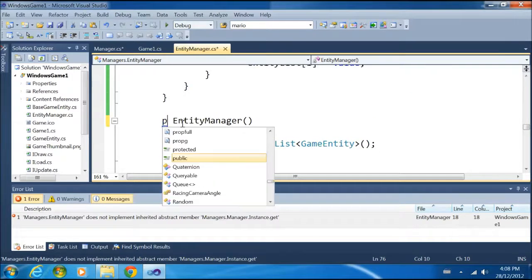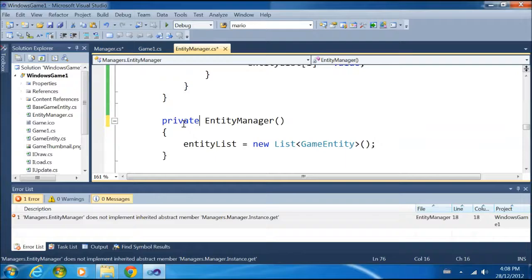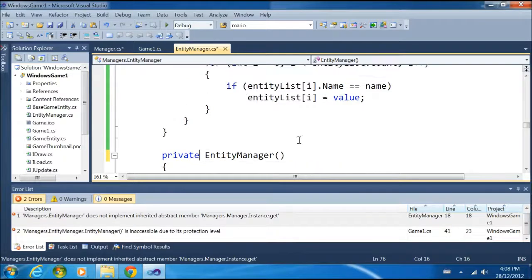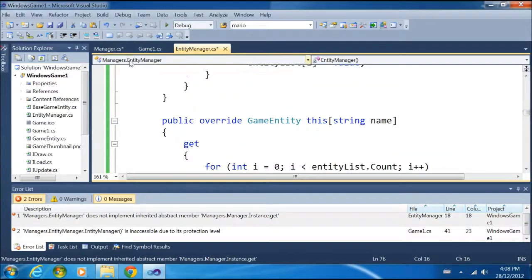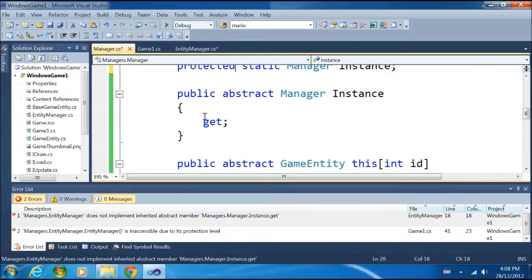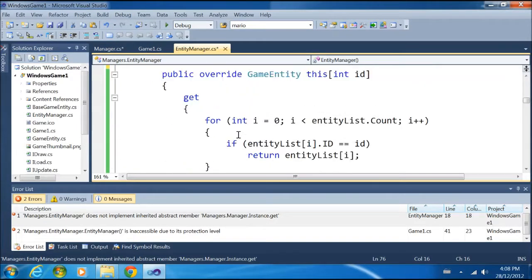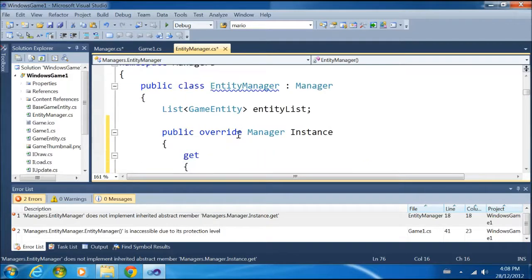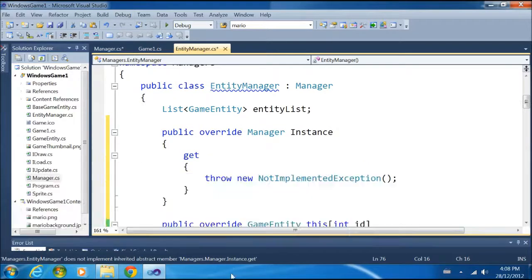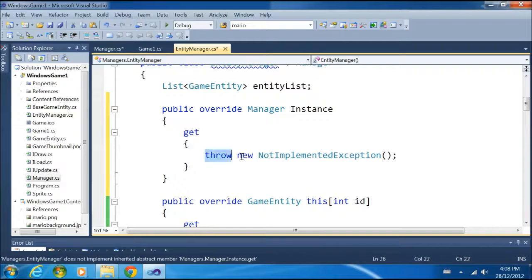I want to make this private. And because we have nothing in game entity, there's no reason to have a constructor, and it's just going to call the default one anyways on us, so we don't have to worry about that. So what we're going to do is if instance, which is protected, so we do have access to it,